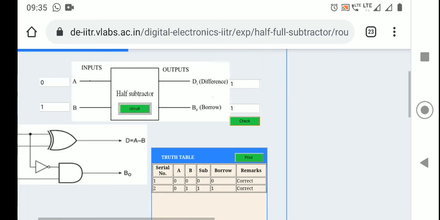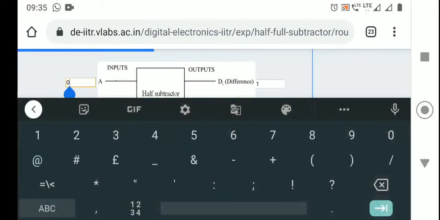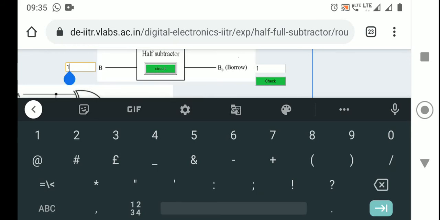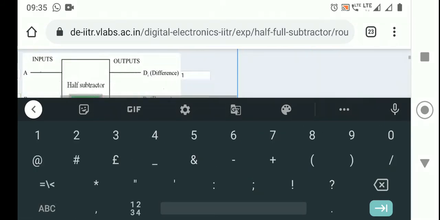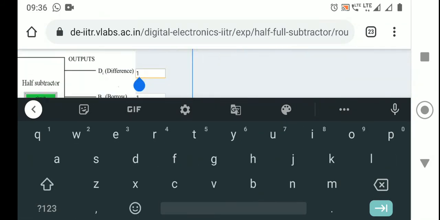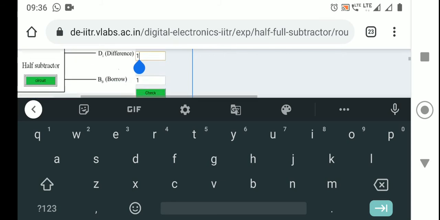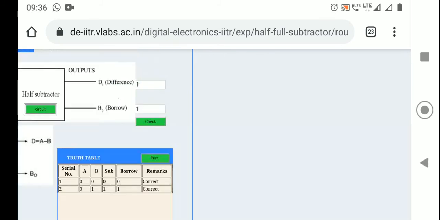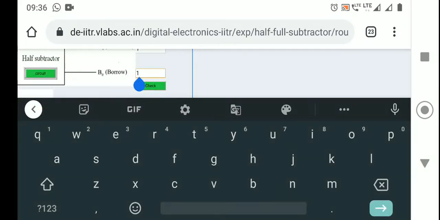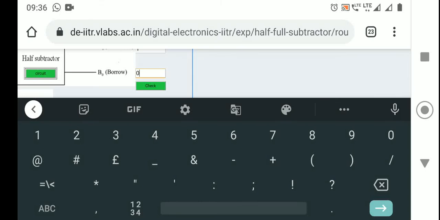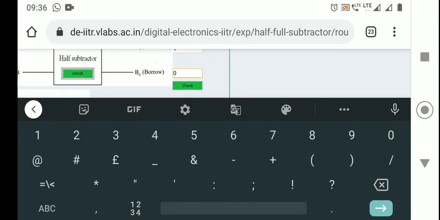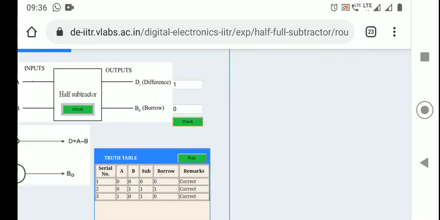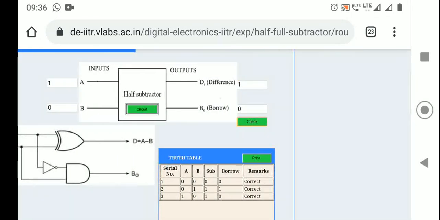After that we will give the combination 1 0. Then the output will be difference 1 but borrow 0. This is correct.